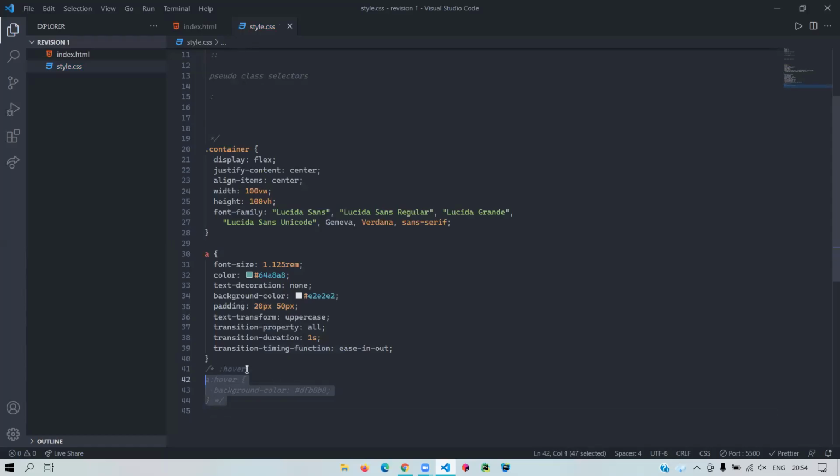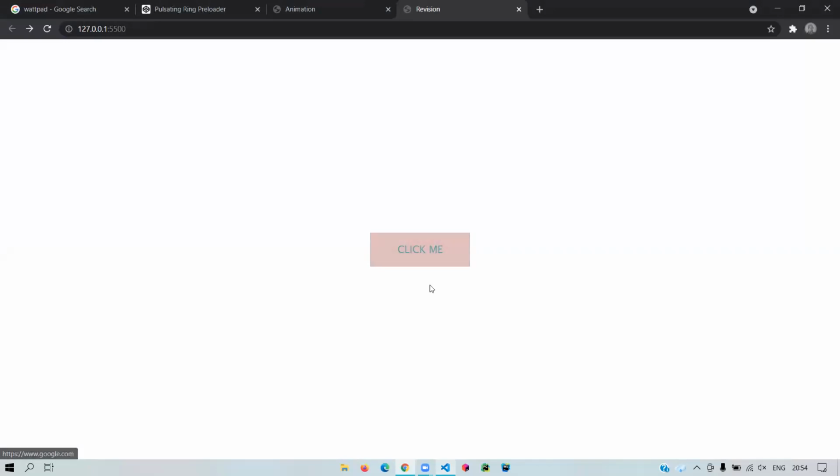You can use this pseudo class selector called colon hover, which will basically change it, right? See when this is included, and I bring my cursor over here, this changes. When my cursor is on the element, the background color changes as instructed over here.